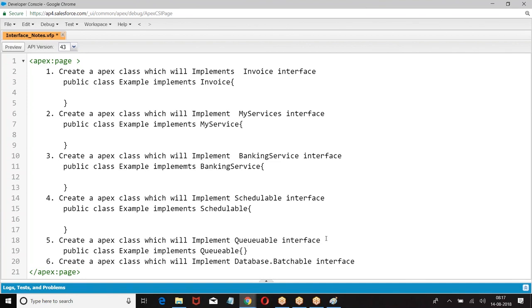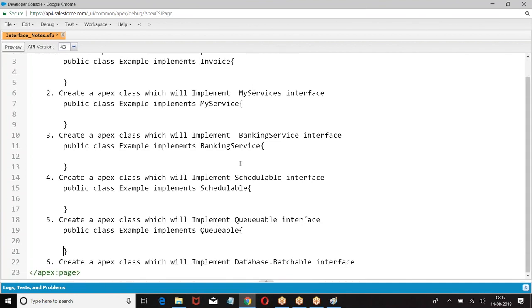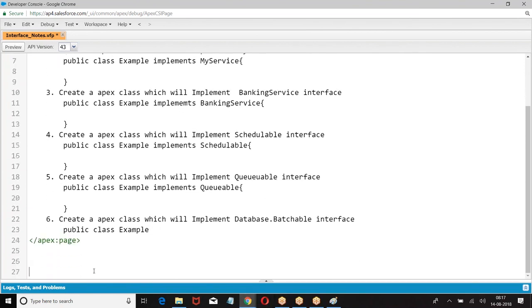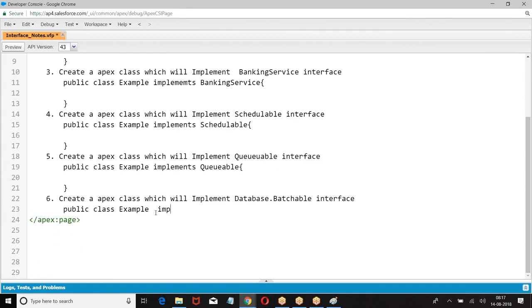So we are assuming the interface already exists. How is a class implementing? An example, just writing the syntax. So public class example. How will the class use the interface? Class will implement.